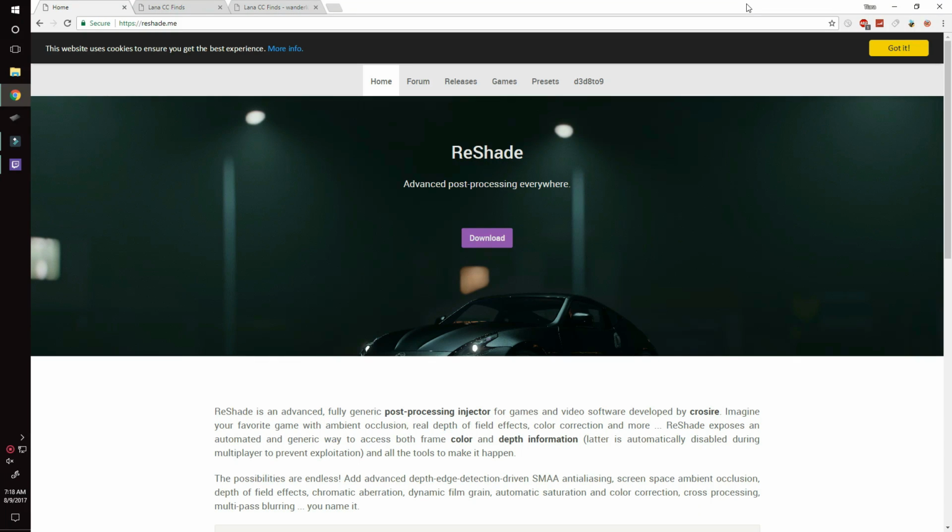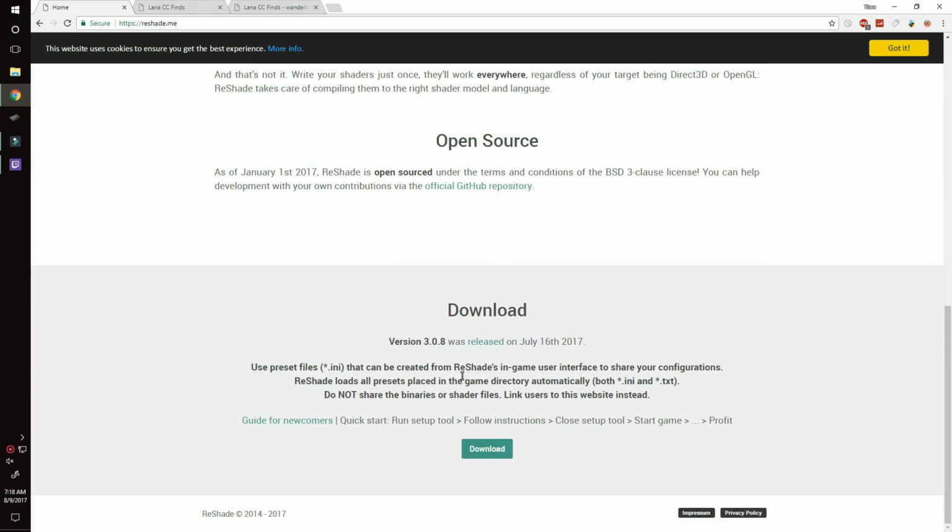Okay, so obviously the most important part of this tutorial is downloading Reshade. Link will be in the description below, or you can just go to reshade.me, not .com, .me, you gotta follow the directions if you want it to work. But this is the website, and what you want to do is, when you hit download on the front page, it brings you down here, and it should be the latest version, whatever the latest version is. Right now it is 3.0.8, so what you want to do is just hit download and it'll come down here,